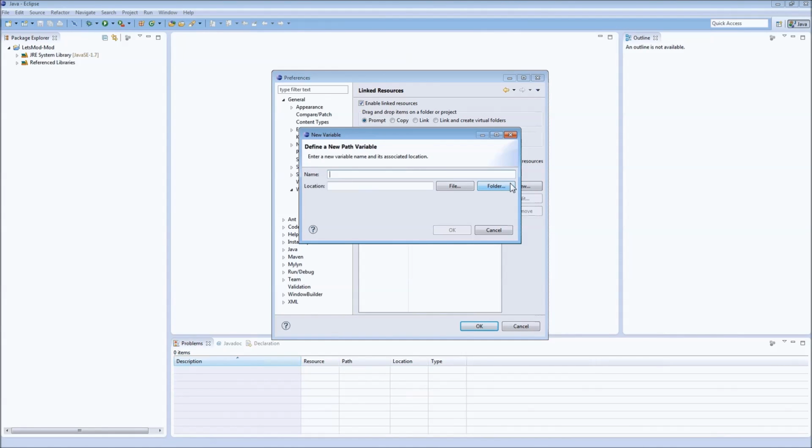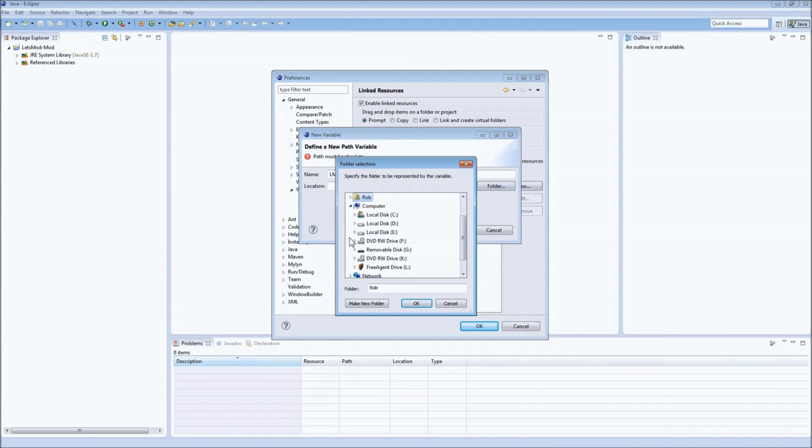The next two we'll want to do, and I always like to do them separately, is set up a source code location for your mod and a resource location for your mod. I like to keep the resources, which are things like textures, song files, etc., separate. Source is your actual source code. So I'm just going to abbreviate this to Let's Mod source location, and I am going to point it to the